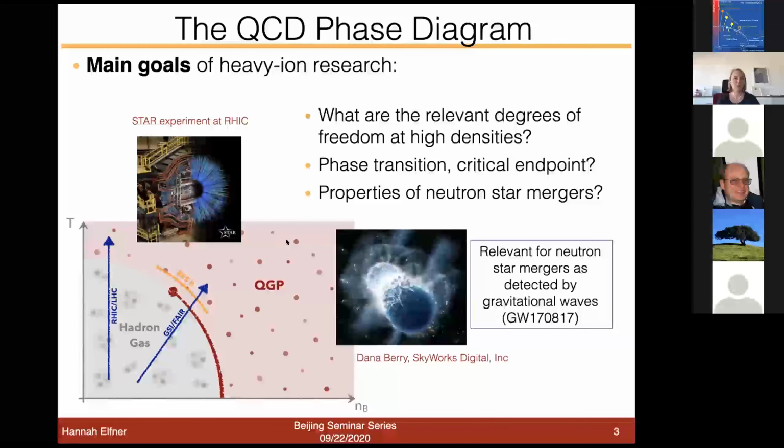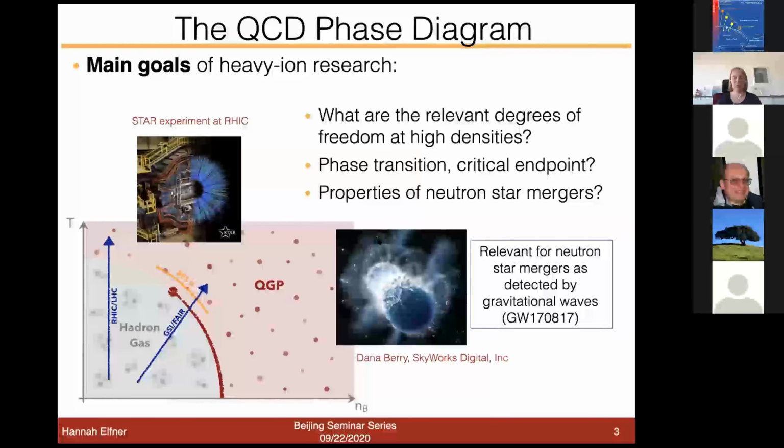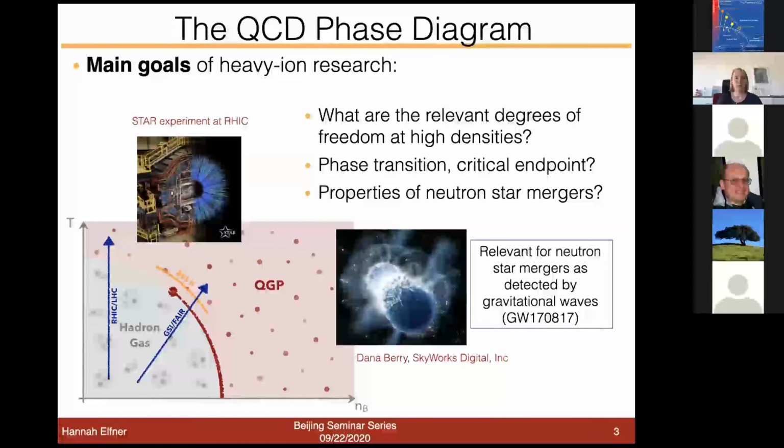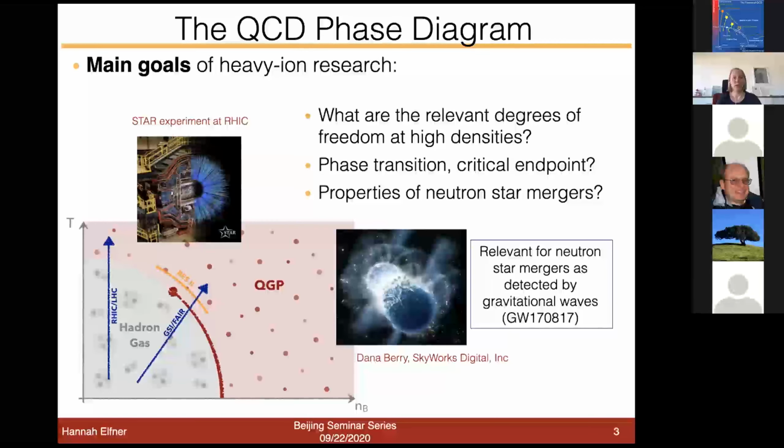And this effort also has a connection to neutron stars, and in particular neutron star mergers, as they have been recently observed, and one can actually study. I mean, we're actually studying the same type of matter to a certain degree, apart from symmetry energies, in our laboratories. So this phase diagram, if you look at it from the theoretical modeling perspective, has two ends.